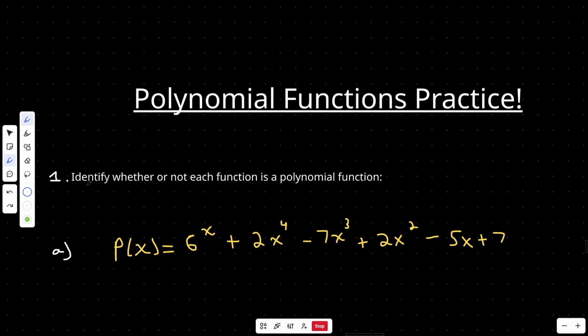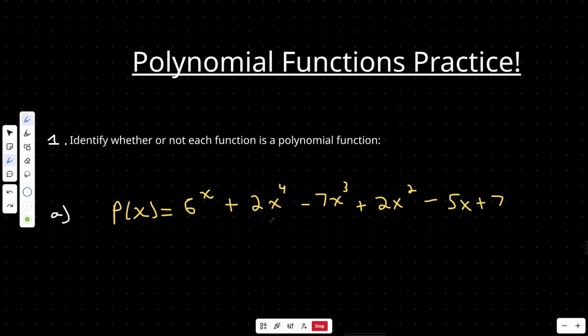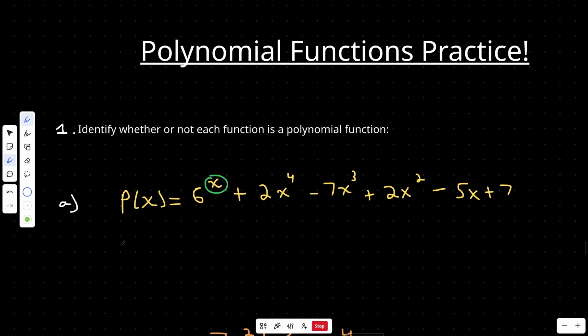So number one, identify whether or not each function is a polynomial function. Okay, so we're given this function over here, and I'm noticing this part seems fine. It's okay. I mean, we've got our terms, we've got our coefficients, we've got our nice whole number exponents, but what I'm looking at over here is we have a variable exponent, and for polynomial functions, having a variable exponent, that doesn't classify as a polynomial function. So we can say this is not a polynomial